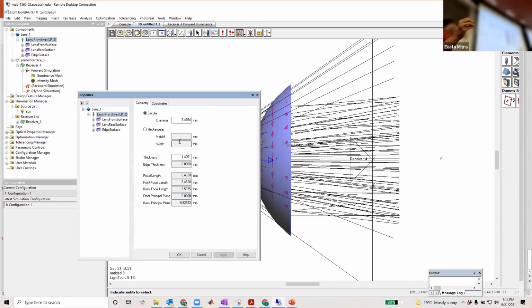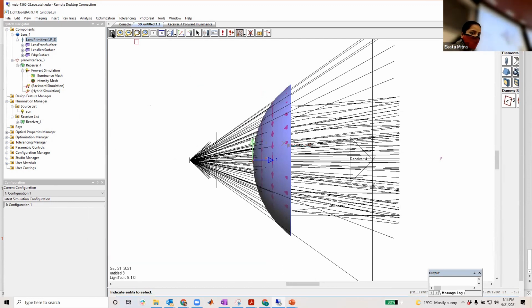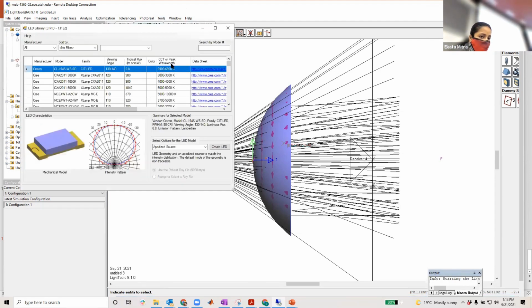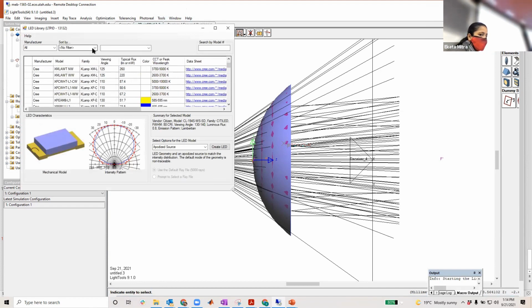You just need to drag and drop it. It's a drag and drop software, and a little bit of knowledge will help you understand the total optical system. And one more thing, I think in tools, you can have a source library or the LED library. From there, you can choose the examples. You can filter it, choose it.